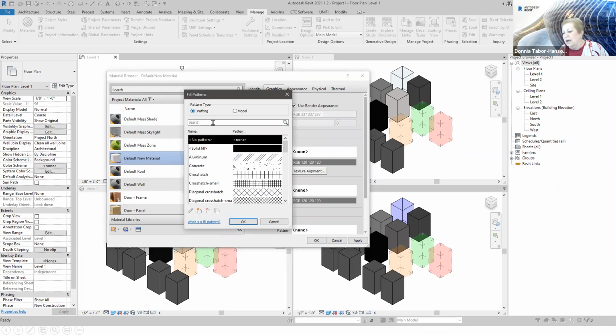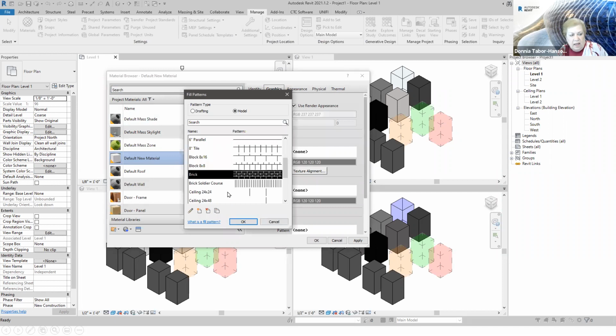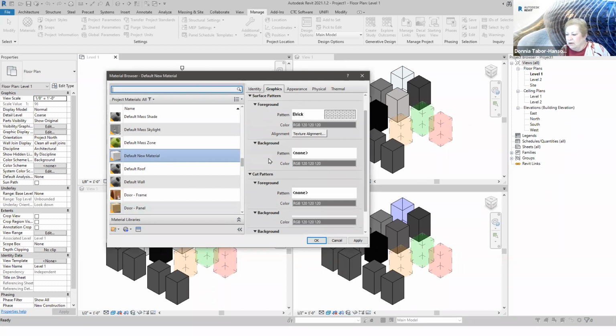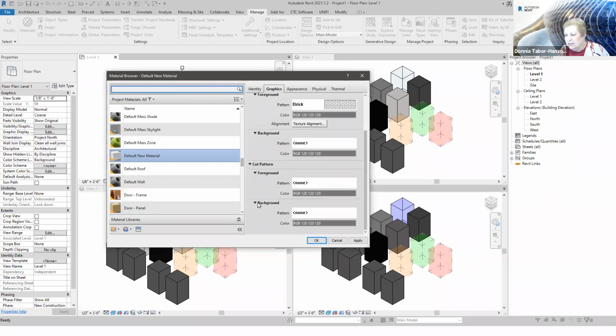I'm not going to pick a drafting pattern because they scale. I'm going to pick a model pattern, and I'm not going to find subway tile, so I'm just going to go with brick. All this is a graphical representation while I'm in a view that's not rendered. And the brick shows up as if it was subway tile. Now, if you want to create your own patterns, go for it. That's not this class. I've done some before. It's not fun. You do them in AutoCAD and bring them over, frankly. It's much easier. I don't care about background, cut patterns, or anything. We're going to talk about cut patterns when I look at some of my materials in a little bit, too. So basically, I have now set up everything except